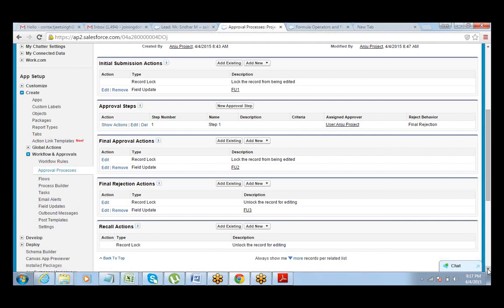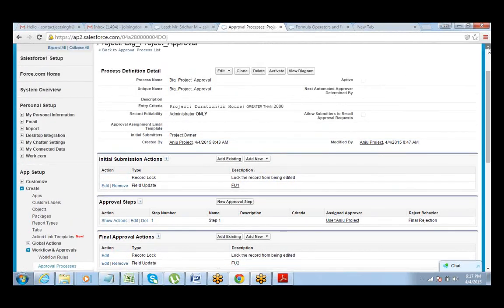Correct? Tell me if that's clear. So we have defined action for initial submission, we have defined action for approval step, and we have defined action for rejection step, right? So actions are defined, criteria defined, everything is there.